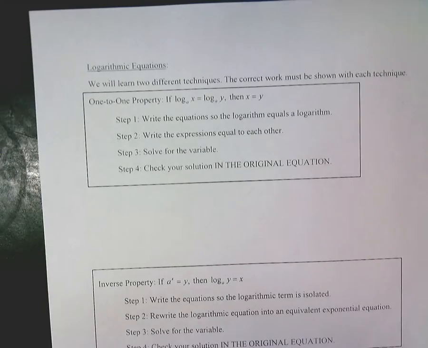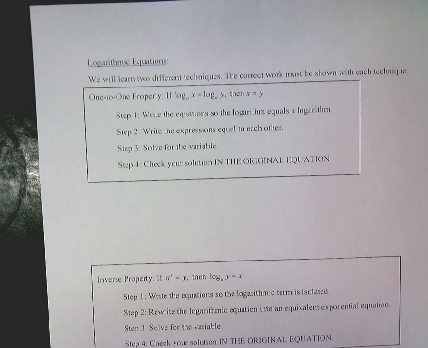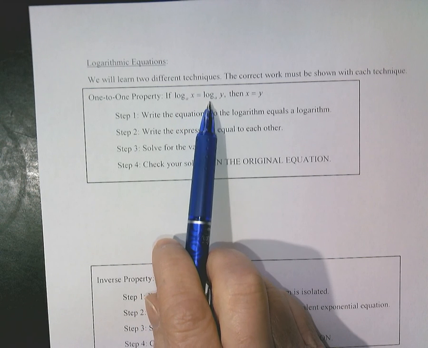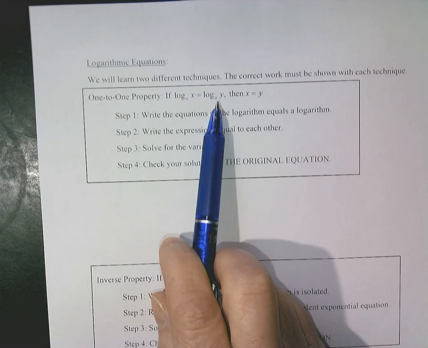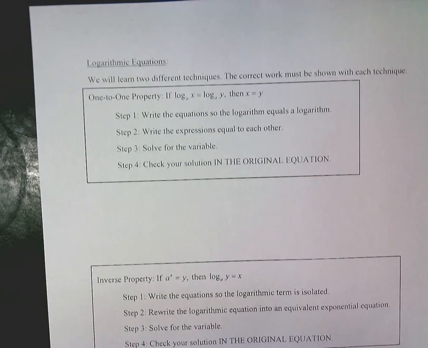Logarithmic equations also have the same 2 processes. And the one-to-one property is truly very simple, and a lot of students tend to forget to even use the one-to-one property. But in solving logarithmic equations, if you have a logarithm base a of x equals logarithm base a of y, then x equals y. And these bases have to be the same, and I'm not going to give you any problems where they don't. So my first example,